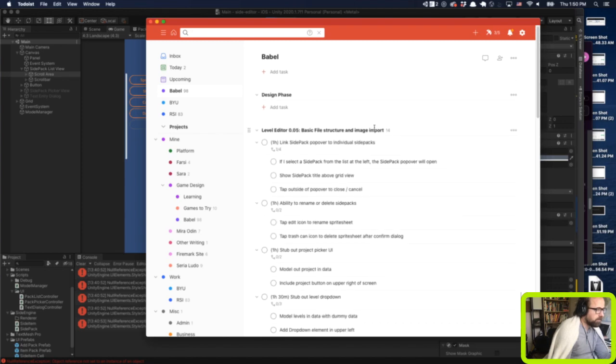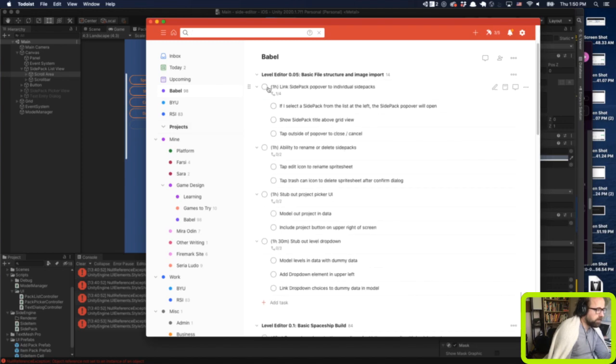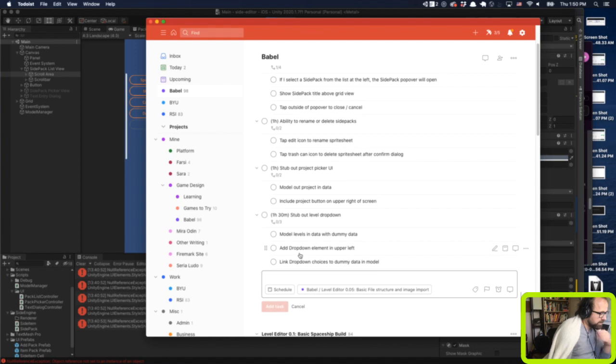So we may want to break this down further, because that's a lot for one goal. So we had the level drop down with the project picker UI. I'm actually going to add another task here, which is task out sub items for remaining features in